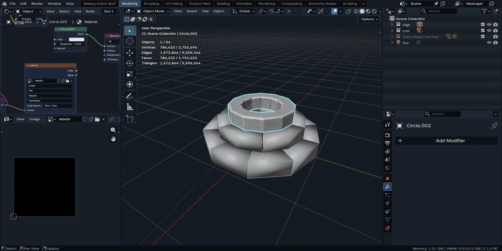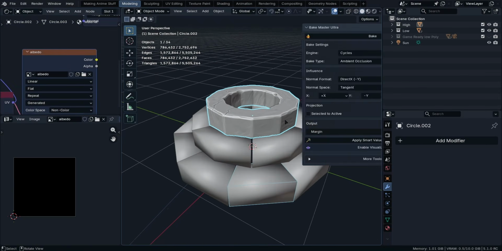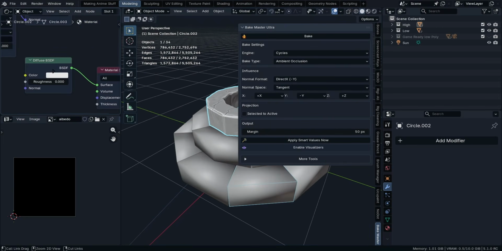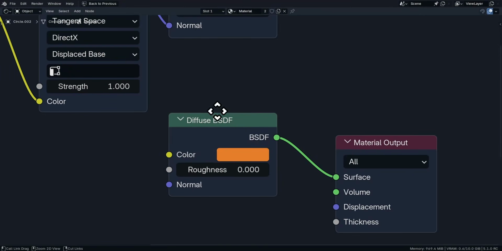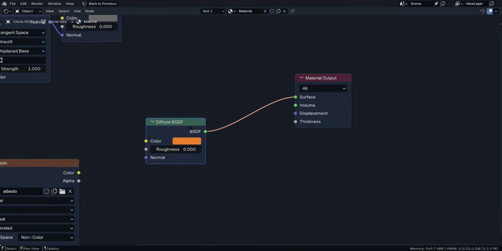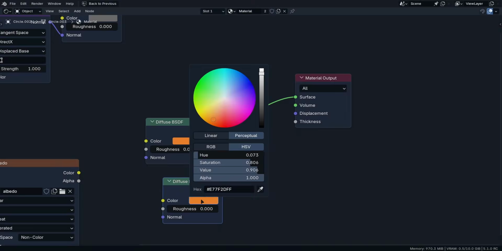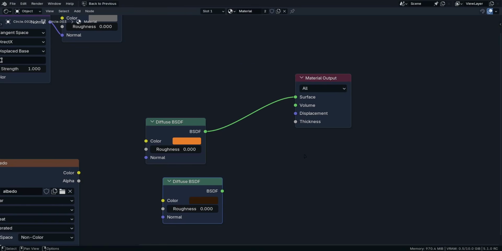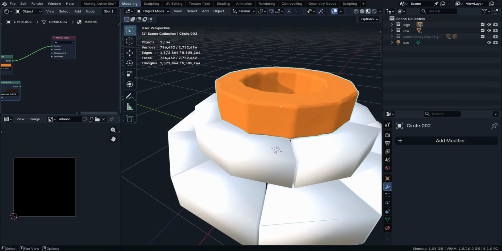Let's bake another map. For now, we want to try to bake albedo, which is base color, okay? So we need to set a nice color, for example, this color. Maybe, or we can bake everything at once. Let's try and add another diffuse. Give it the same color as this, but a bit like this. Let me see how this looks so we can determine what we're